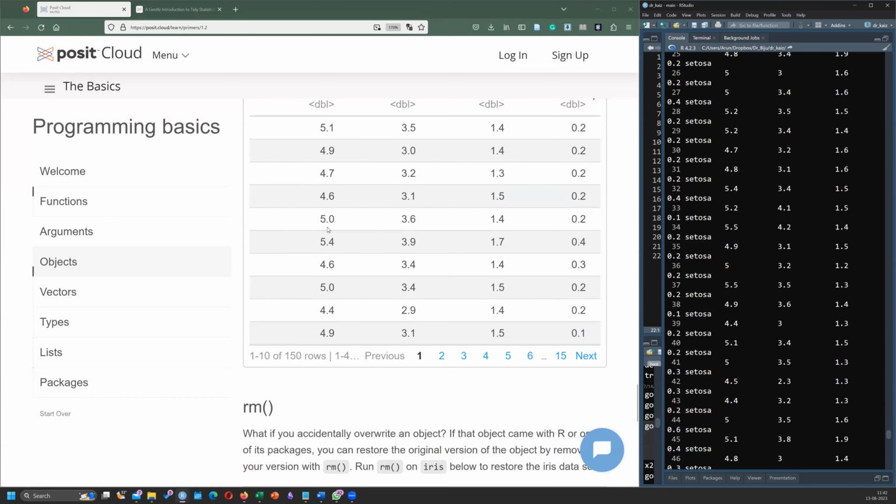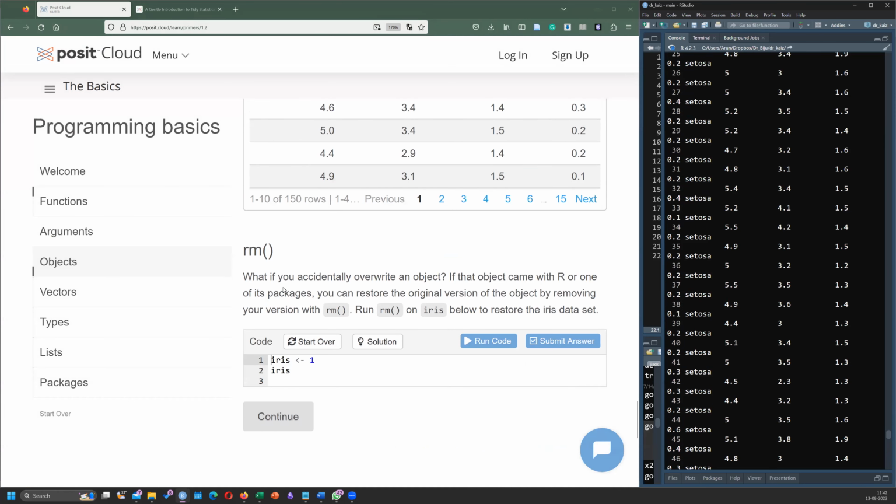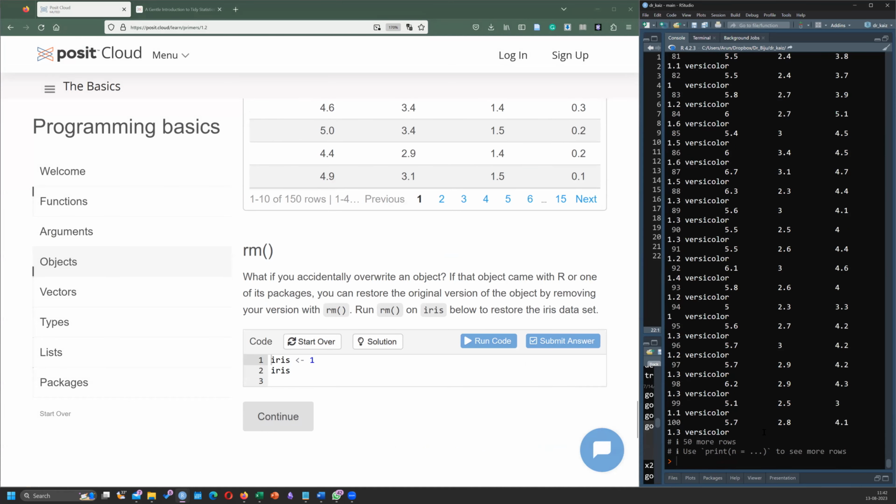There are other things we can do with iris, right? If you want to know more about that dataset, what would you do? You'd say iris class. It's a data frame, but iris underscore table classes show it's not just a data frame. It's also a table and a table data frame. You getting my point? Yes, sir.